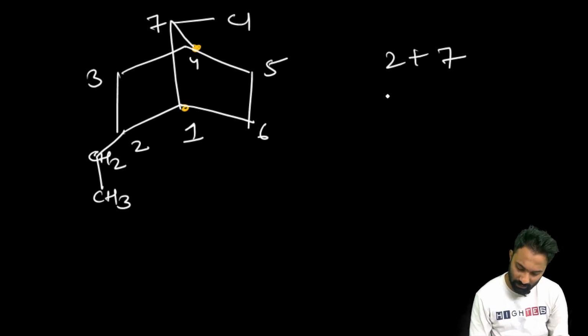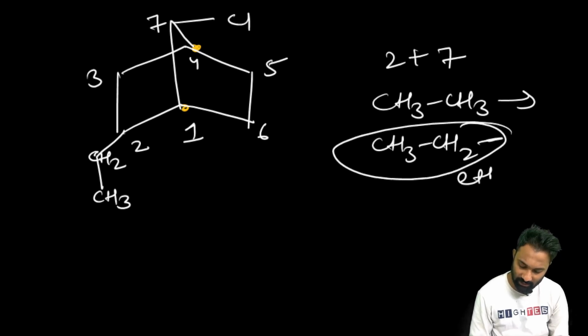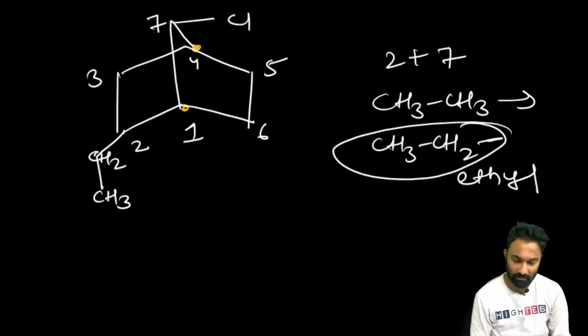Normally it is ethane, CH3-CH3. If you remove one hydrogen and make a free valency, now this one we call ethyl, right? This is ethyl. Done. Now naming of this compound will be: here the chloro and here the ethyl. Among C and E, which one will come first? C will come first, right? Then write the name. 7-chloro,